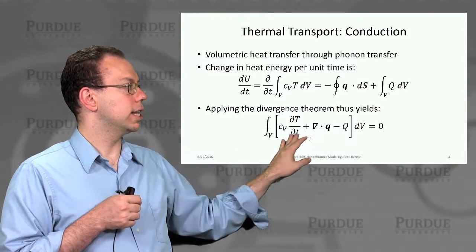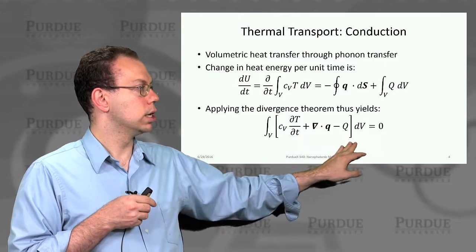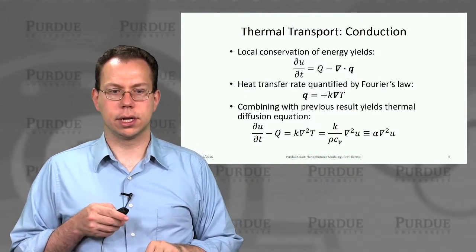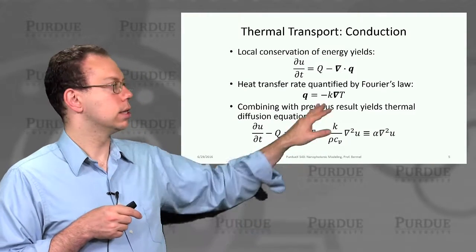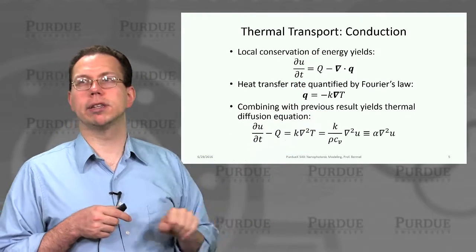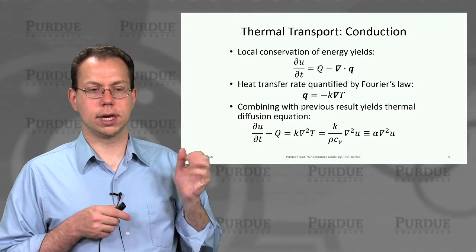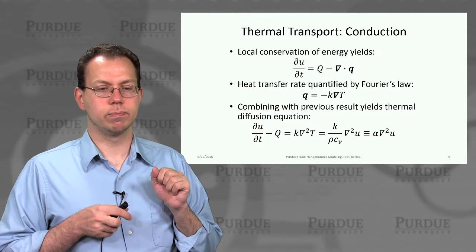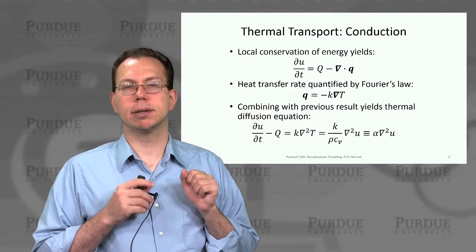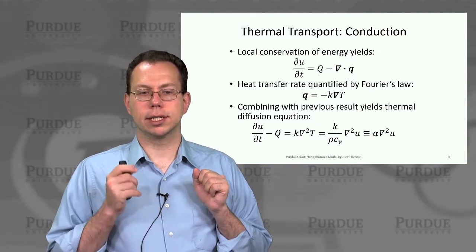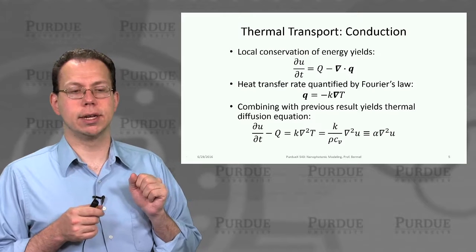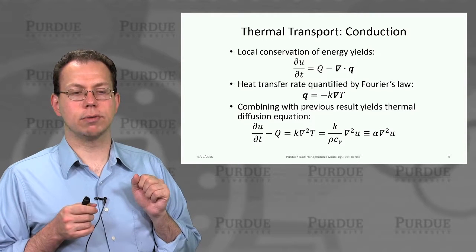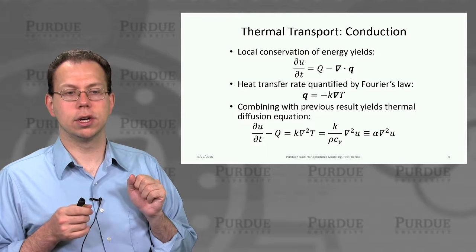And so then you can write this as a more universal quantity that should always be 0. And so oftentimes people would write the equation just in this form rather than as an integral. Okay, so this is the differential form, if you will, of heat transport. And then as I mentioned before, you need to include a specific model for the heat transfer rate. And so we can usually use Fourier's law as a good representation of what this Q should be.